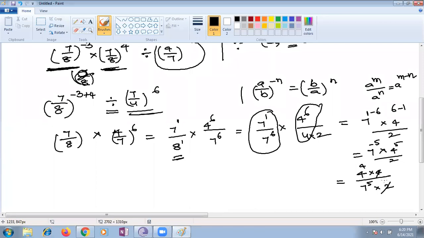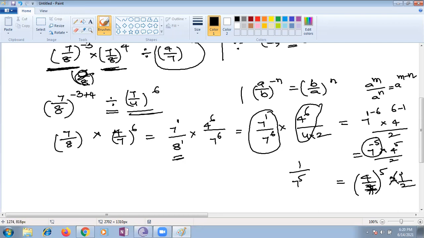We will directly go with the base parts and write it as it is. No need of writing 7 power 4 and simplifying also; we can go with the direct step here, no need to expand. We can write 4 by 7, whole power 5, into 1 by 2. Why 4 by 7? The negative exponent can be written as 1 by 7 power 5, which comes under the denominator, but the powers are both the same, multiplied with 1 by 2.